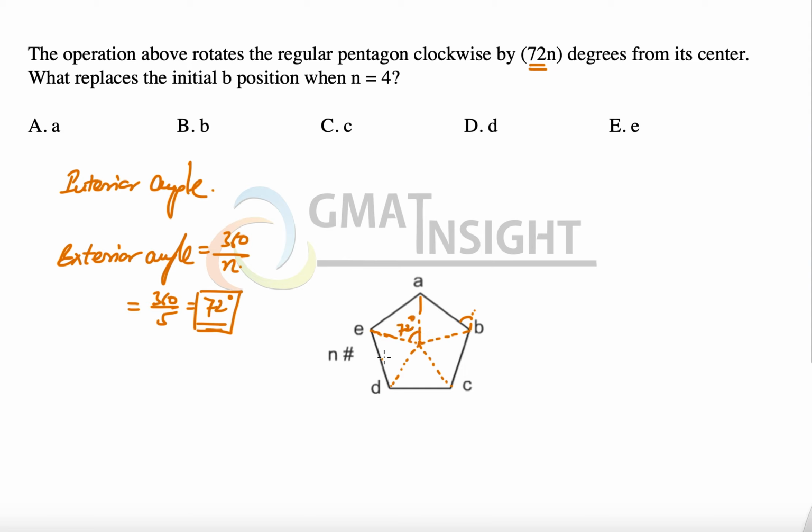So what happens when we rotate the figure by 72 degrees is that every point shifts from its position and moves to the position of the next point, which means A goes to B, B goes to C, C goes to D, D goes to E, and E goes to A. Which means if we draw a new polygon by rotating the same figure by 72 degrees around its center, let's call it O, then the new figure that emerges looks like this.